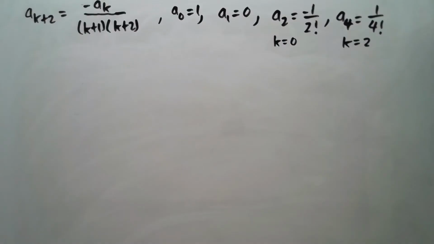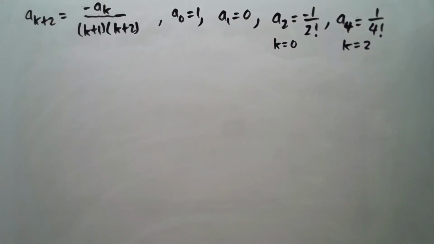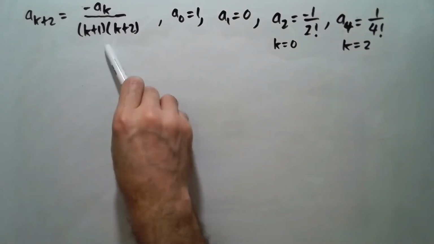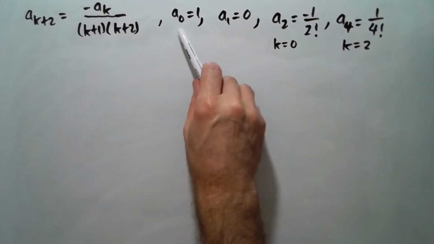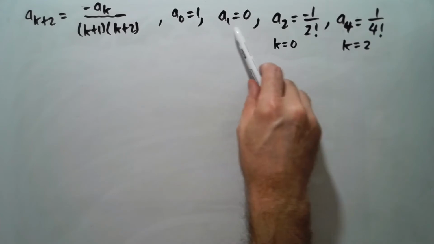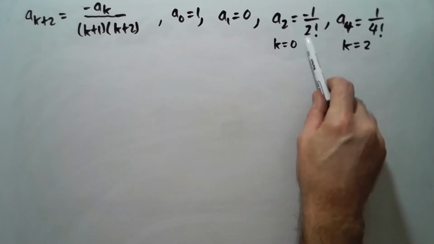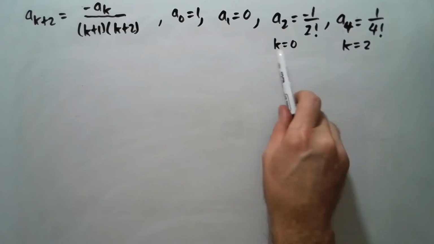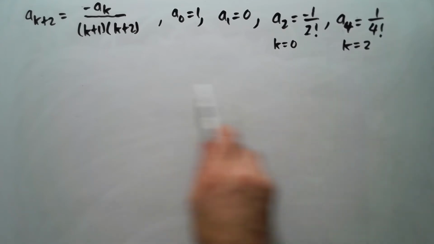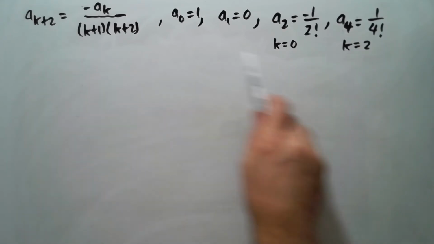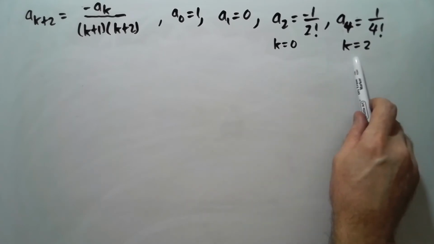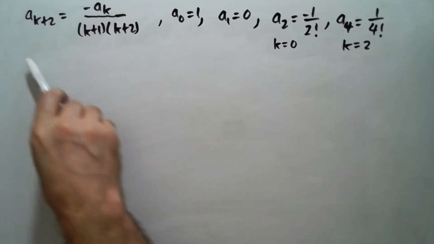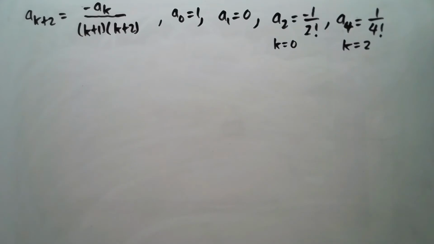So summarizing, we have this. Here's a recursive relation. Under case 1, we have a0 is 1, a1 is 0. We found that a2 was negative 1 over 2 factorial, a4 is 1 over 4 factorial. That's when k is 0, k is 2. So we're choosing k to be even numbers, so 0, 2. So next one would be k is 4. So doing k equals 4, we get